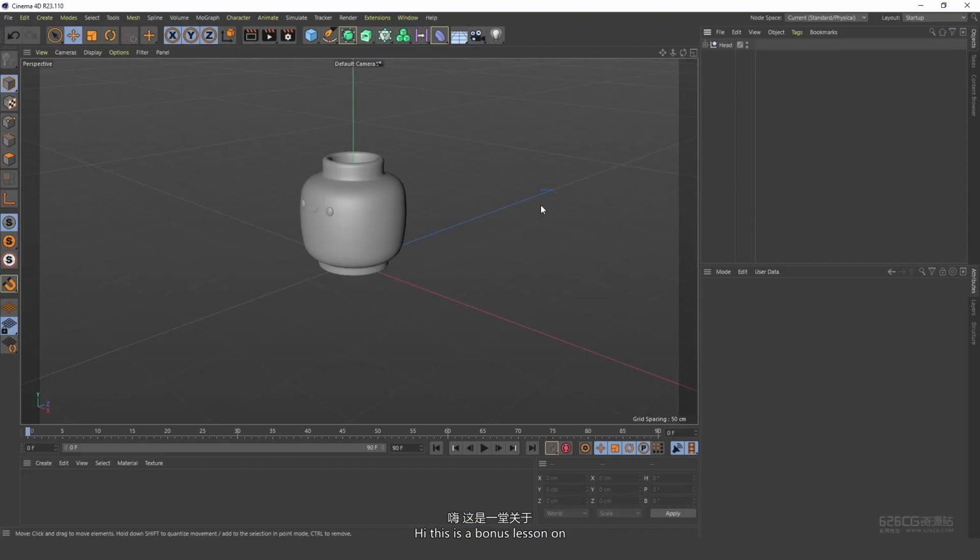Hi, this is a bonus lesson on rendering. In it, we will look at how to create a 2D style in Cinema 4D. There are times when you need to make your animations look flat. Sometimes it's enough to create and animate in After Effects, but some things are much easier to create in Cinema